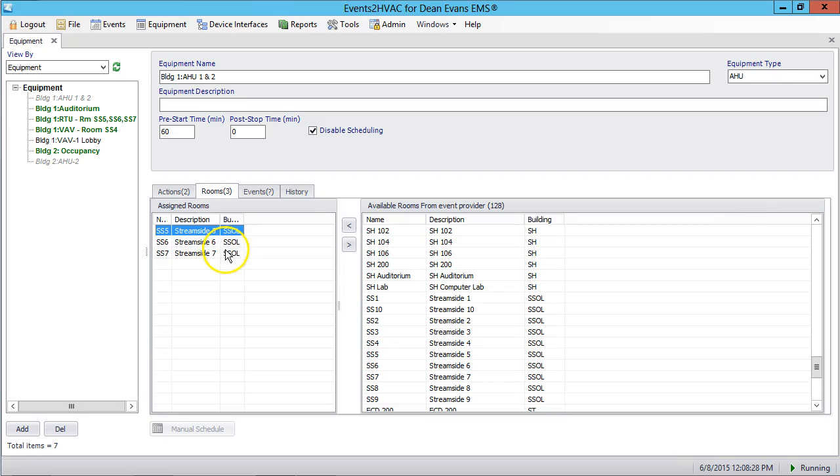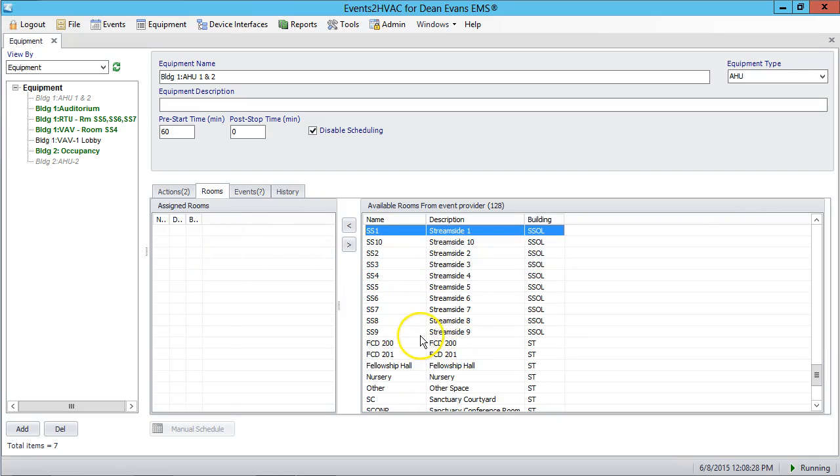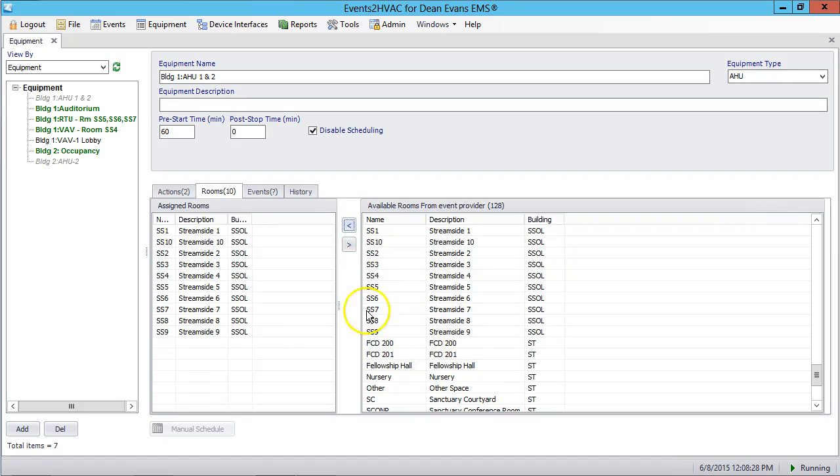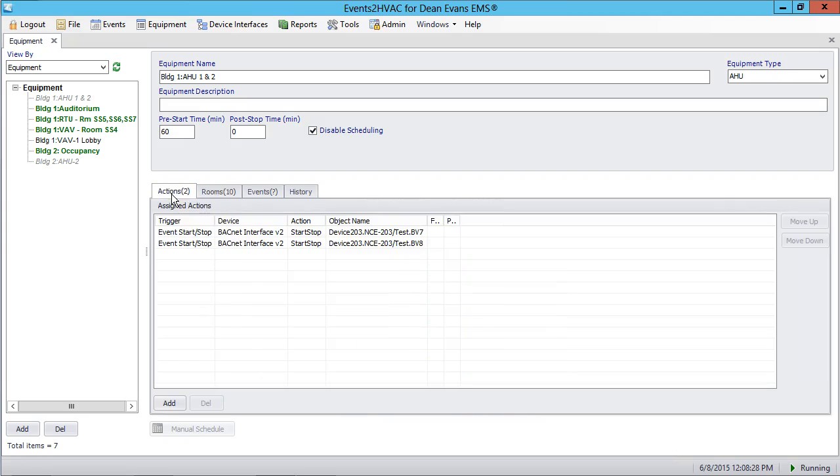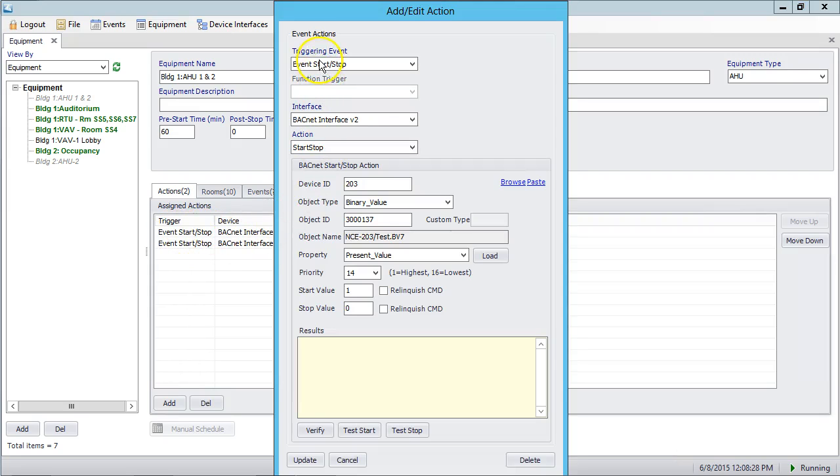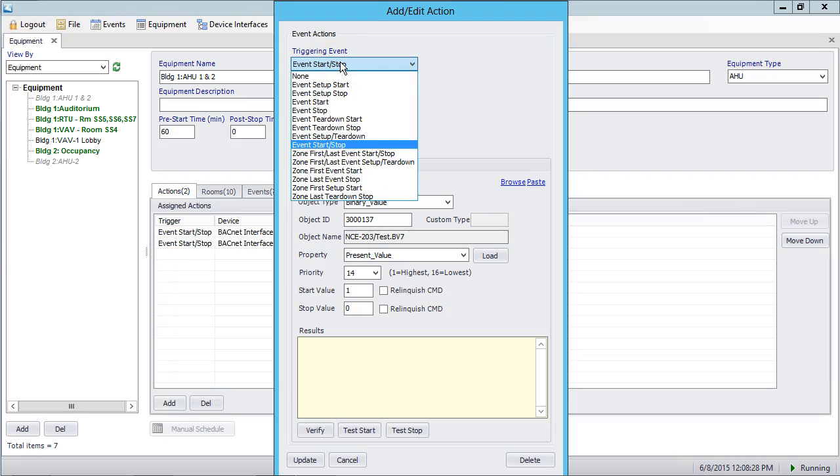For the rooms, we want to put all the rooms for the building in here. So this will aggregate all those individual schedules into one. I made a mistake here. So we're not doing event start and stop triggers. We're actually doing off the zone first last. So we're going to change the triggering event for both of these to select the zone first last